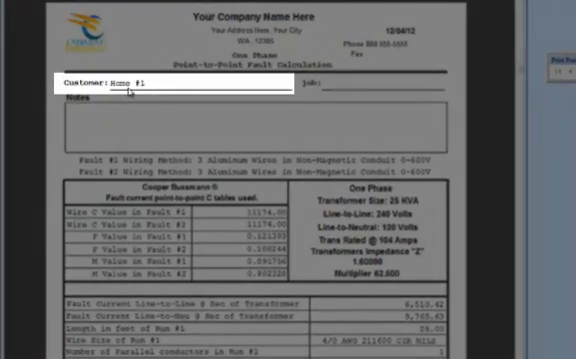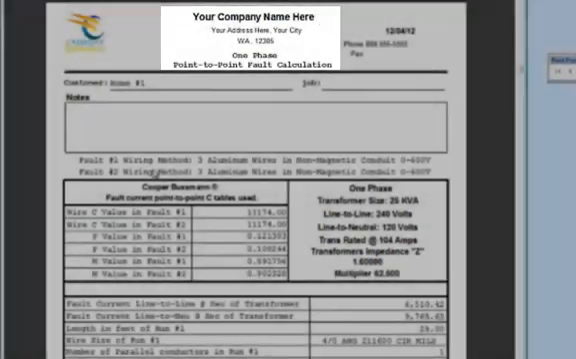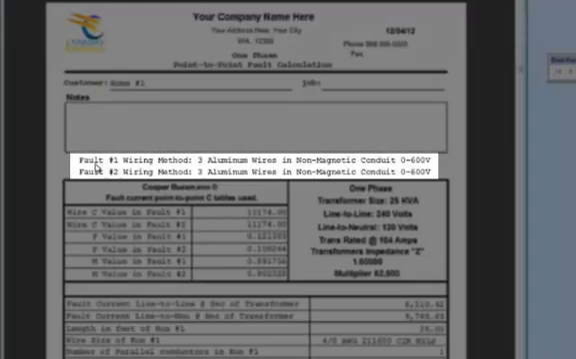Our customer name came up. It's our home number 1, and all of our company information came up here. And it states on the first line, fault current, wiring method 1, 3 aluminum wires in a non-metallic conduit actually, 0 to 600 volts. The second fault current is the same, 3 aluminum conductors in a non-metallic conduit, 0 to